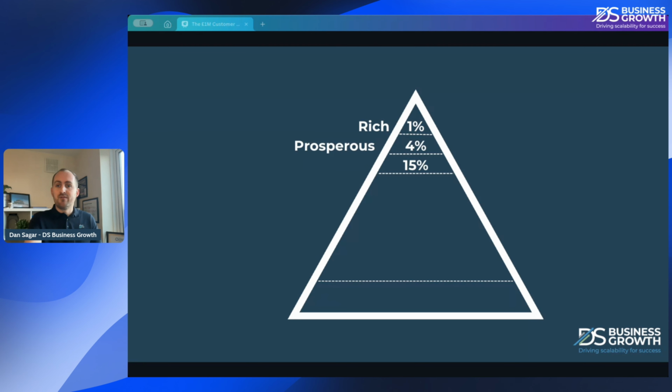And then we've got another 15% here who are making a good living. Okay, so these guys are doing well. They've got profitable businesses. They've got some systems in place, probably a small team, and they're doing all right. Okay, these guys, the business owners, are making a good living. They're taking out a good salary, and they're doing all right. And if we combine those top three sectors, we're looking at about 20% of businesses there. So 20% of businesses, 1 in 5. It's actually quite a small proportion overall when we look at the entire space in the pyramid.